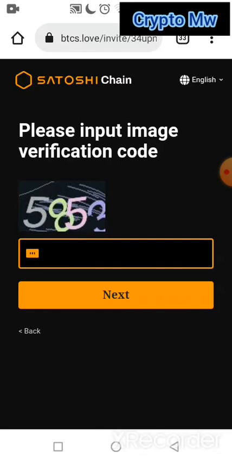Okay, so the first step is for you to download the app. Okay, so after this process, it will take you to a new screen where you have to download the app. Okay, and in the next screen you have to click on download APK. Alright, so once you download the APK, install the app. Alright, so once you install the app, and then you're gonna go to the next screen, which is